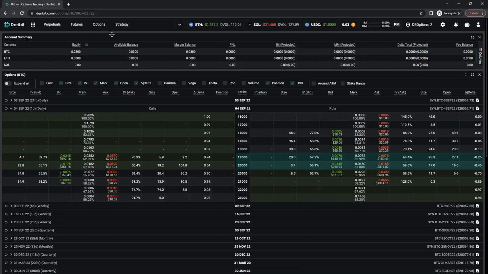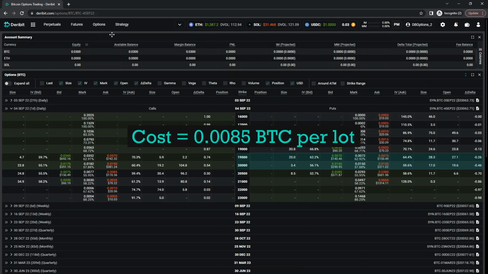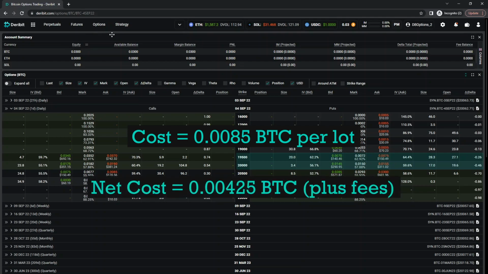We want to buy the 20,000 put and sell the 19,500 put. So if we were to simply take the available prices in the individual order books, we would pay 0.0155 for the 20,000 put and also collect 0.007 for the 19,500 put. We would need to use 2 separate orders to achieve this, and it would result in a net cost of 0.0085 Bitcoin, ignoring fees. Though as we are using a position size of 0.5, we would only pay half of